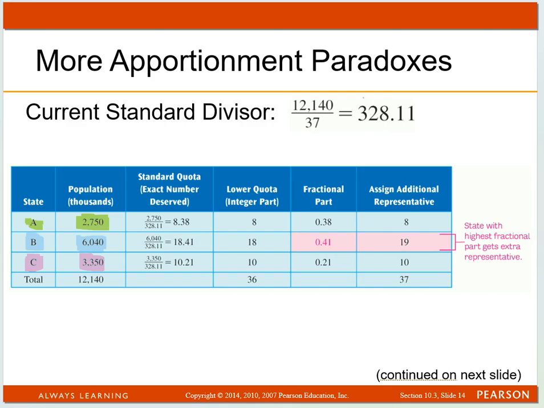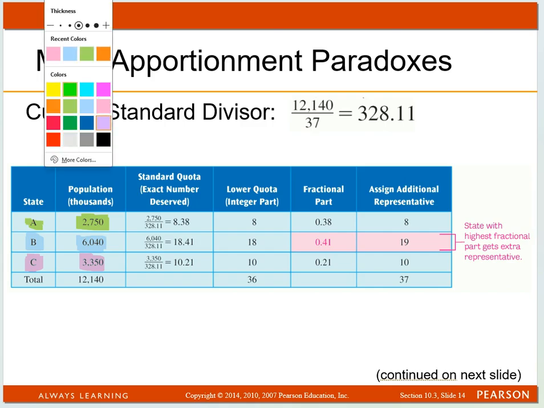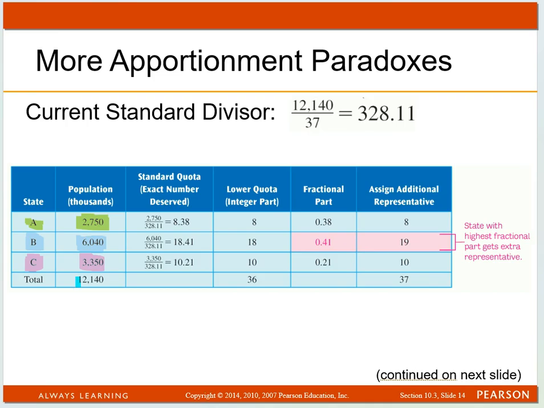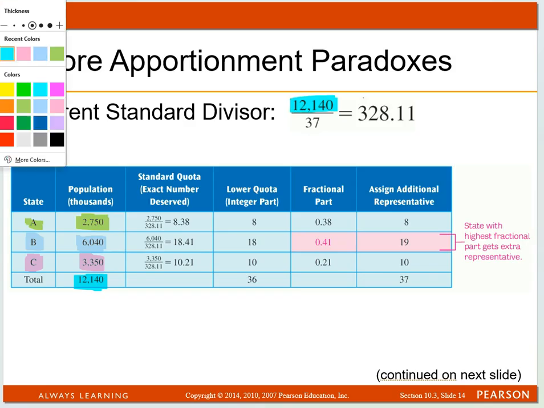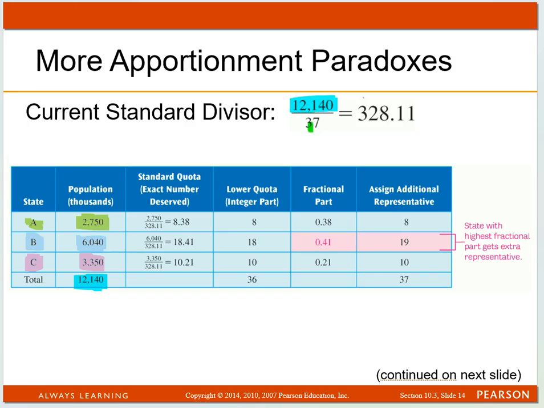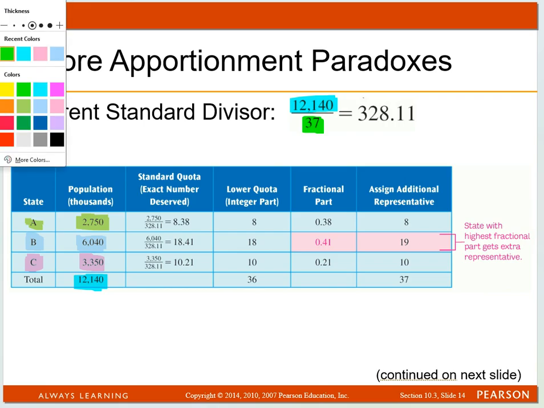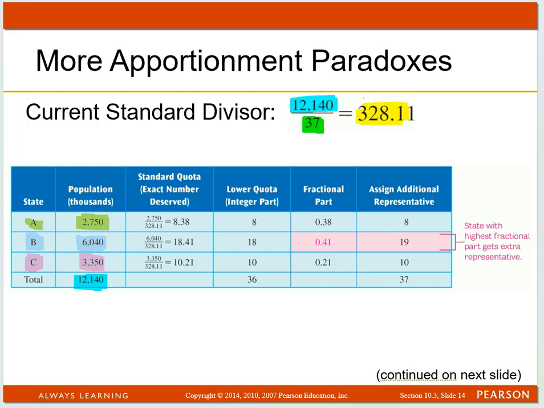Okay, and then that one. So they add them all up, and they get this total. And so they took the total population and divided it by the 37 seats in the legislature that were being apportioned, and that came out to give you this standard divisor of 328.11. All right, so that's the new denominator on all of these, and you can see the numerators: